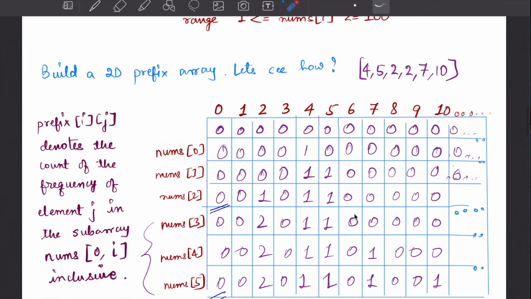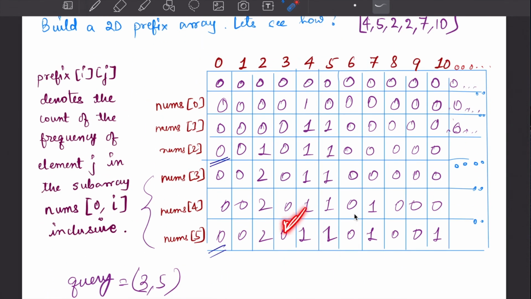See this one. Next, again this is a 0, this is a 0, so we move ahead. Again this was a 1. 1 minus 1 is 0. That means this element was again not seen in this range. This one again 1 minus 1 is 0, not seen. For this value, I see that 1 minus 0 is 1. So this value had definitely come in this range, and 7 was there. Similarly, for this one, I see 1 minus 0 is 1. So again I have seen a 10 here.